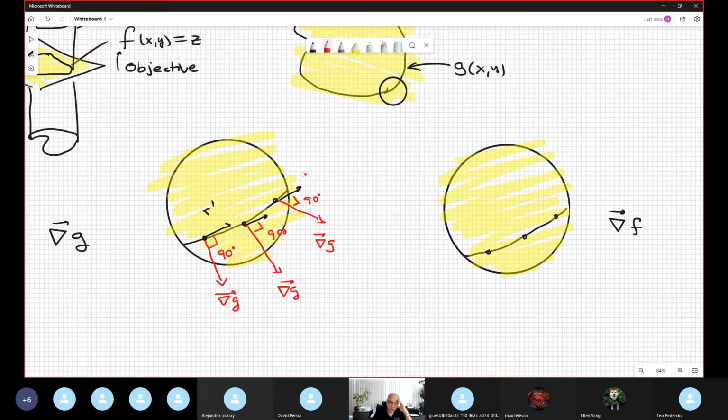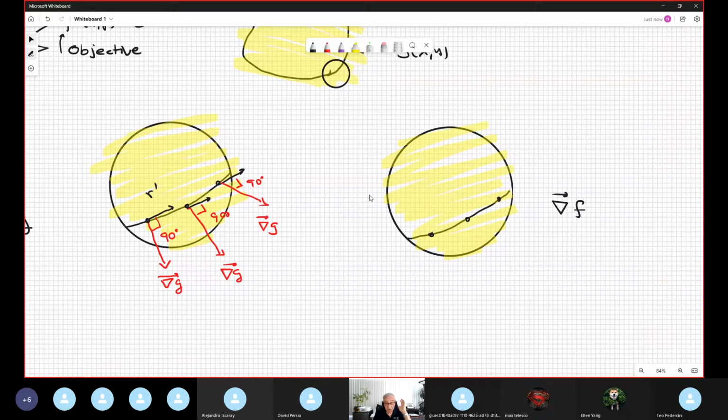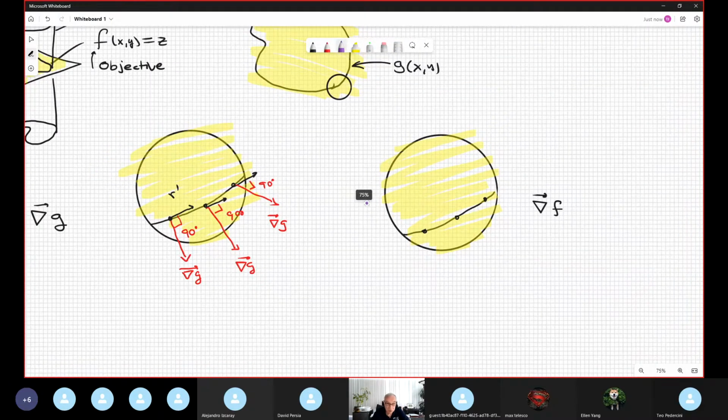A different situation happens with the gradient of F, which is not necessarily 90 degrees. It is the gradient that we compute when we differentiate the formula, the partial derivatives. And one more time, we have here the famous tangent vector, R prime. But for the gradient of the function f, which is the surface, you don't see it clearly